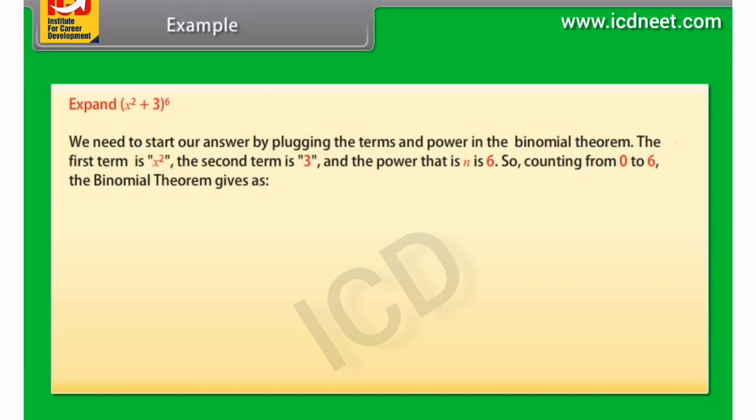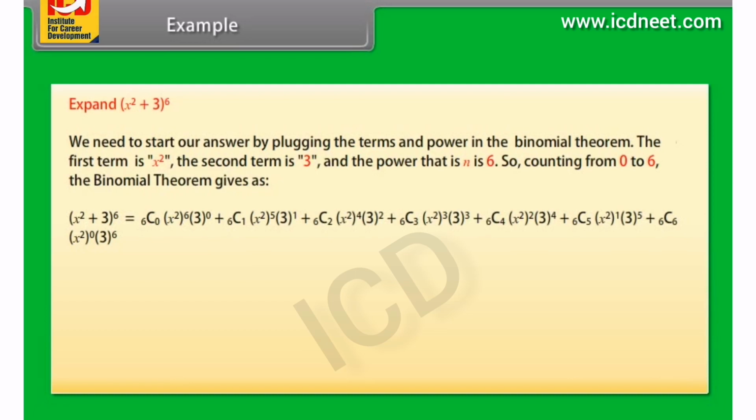Example: expand (x² + 3)^6. We need to start our answer by plugging the terms and power into the binomial theorem. The first term is x², the second term is 3, and the power, that is n, is 6. So, counting from 0 to 6, the binomial theorem gives (x² + 3)^6 is equal